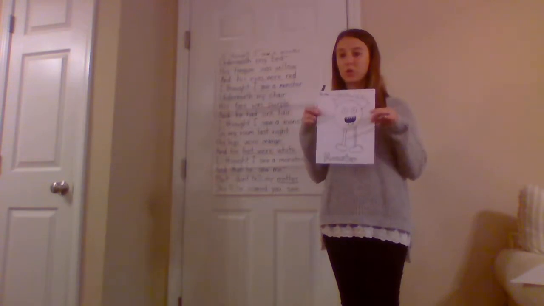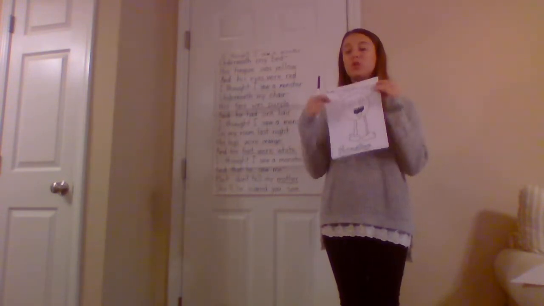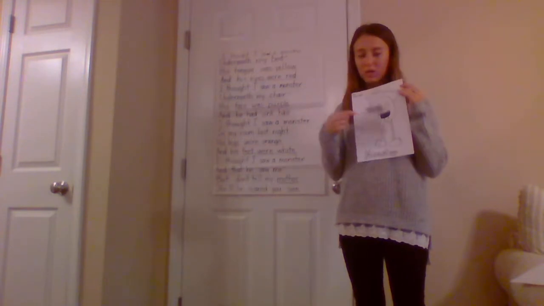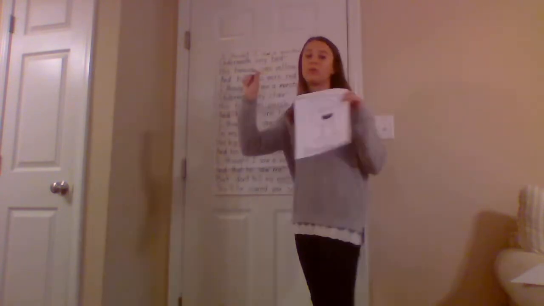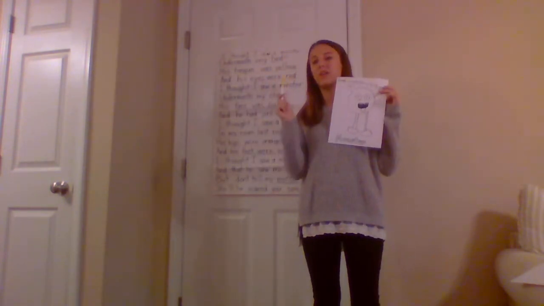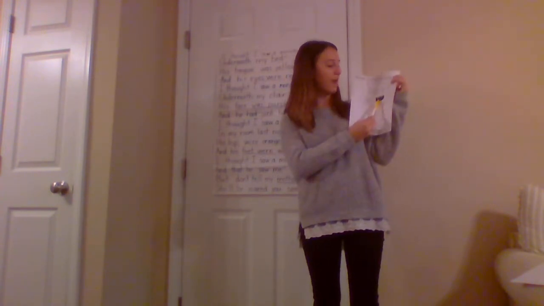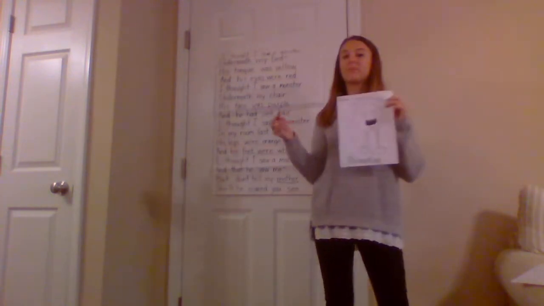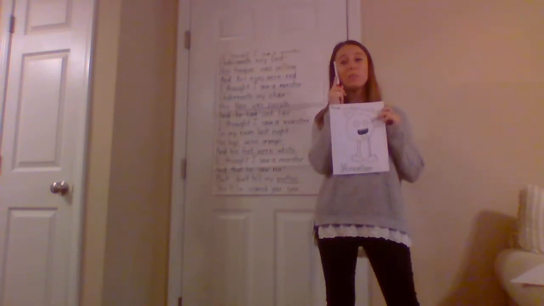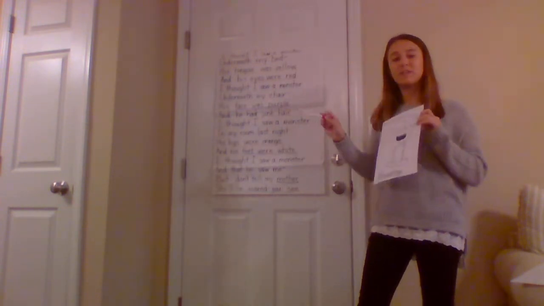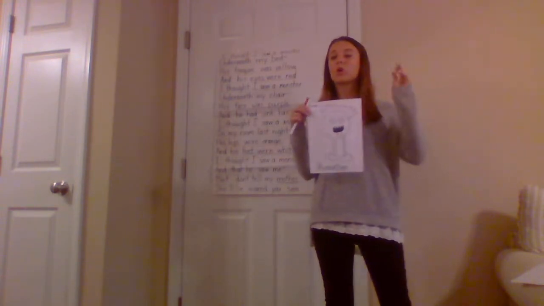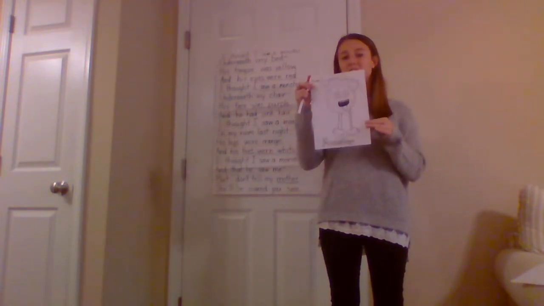So I have monsters that I drew, and we are going to use the poem to create the monster that they're describing, okay? So, when the poem says his tongue was yellow, you're going to take the yellow marker and what are you going to color yellow? His tongue. His tongue, okay? Very good. And when it says his eyes are red, what are you going to color red? His eyes. His eyes, okay? So you're going to have to think about the poem, and you can use this as a reference because I did do the colors. You can use that as a reference, but you're going to have to think about the poem, recall the important facts of it, and then use it to color this.